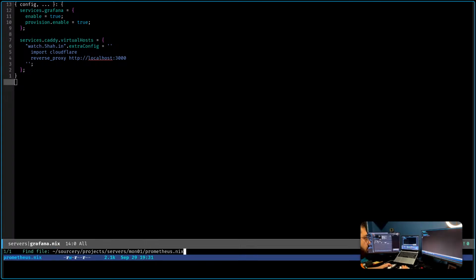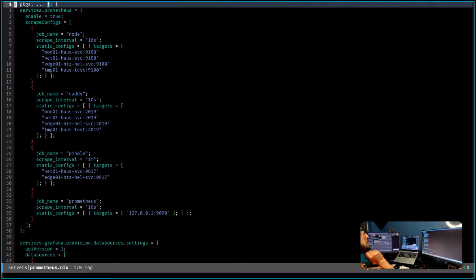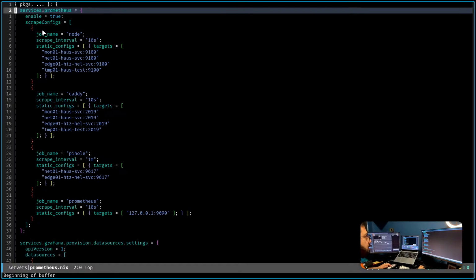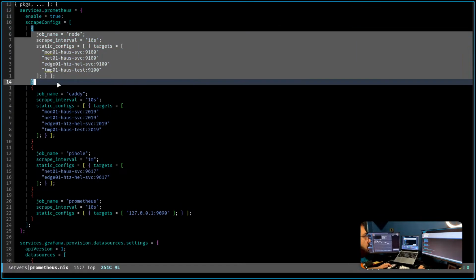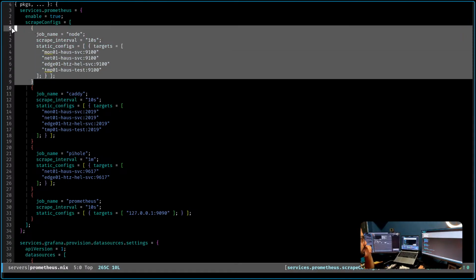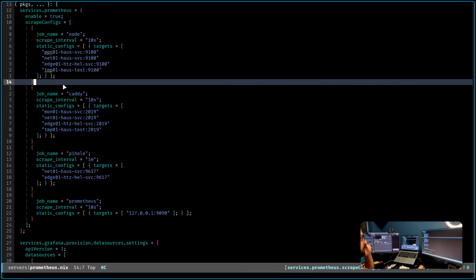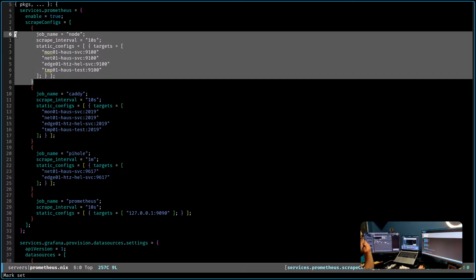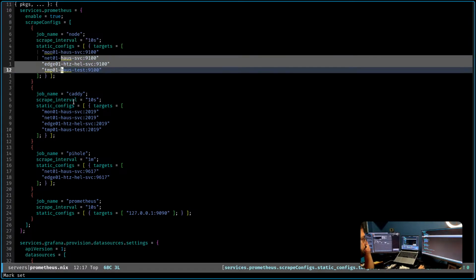How about Prometheus? This is more involved. I have a Prometheus configuration, scrape config. This is where I'm defining where to scrape the data from. For all of my nodes, I'm collecting basically node information from these four servers at the moment.